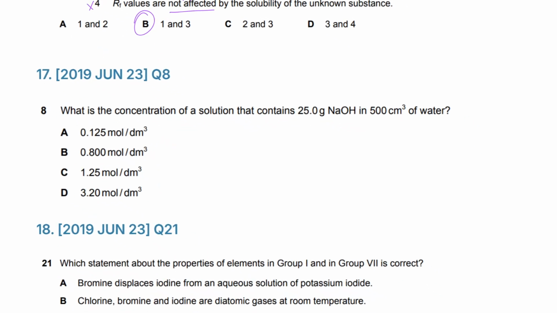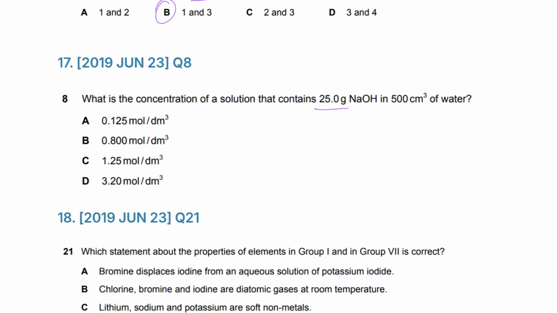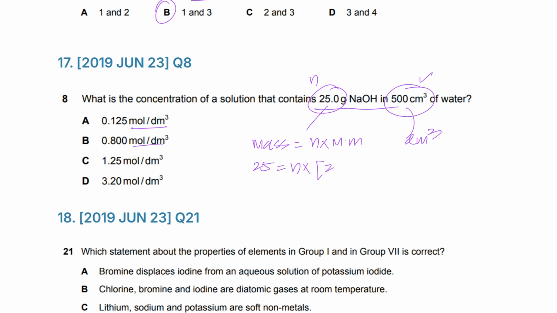What is the concentration of a solution that contains 25 grams of NaOH in 500 cm cube of water? Now, 25 grams of NaOH: convert this into moles and convert the volume into dm cube. Mass equals moles times molar mass, because he's given you the options in mole per dm cube. So the mass is 25, moles you have to calculate. Molar mass of NaOH: 23 plus 16 plus 1. n is equal to 25 divided by